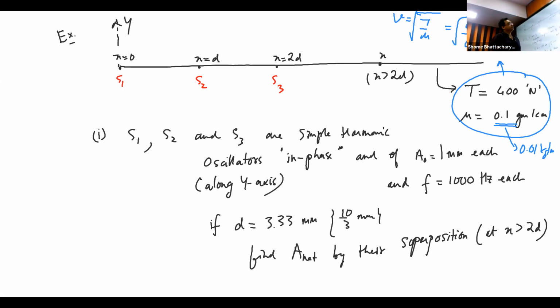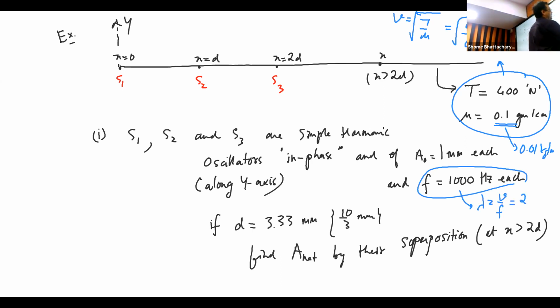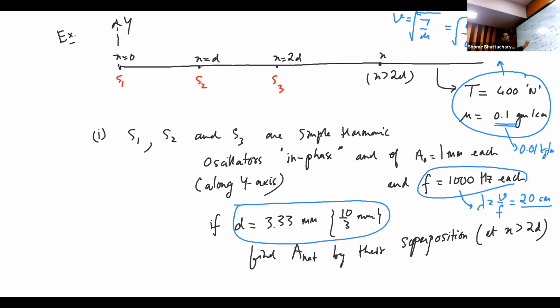And now using this and this, you can see that the wavelength for each of the sources will come out to be 200 by 1000, so 0.2 or 20 centimeters. Okay. So now that you know that, comparing this and this, you can see that